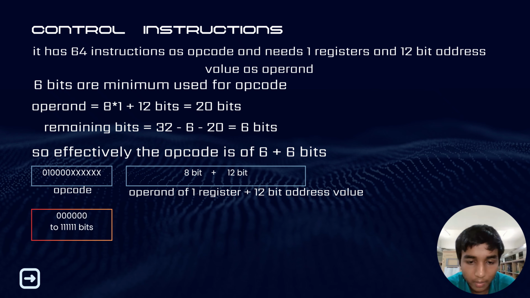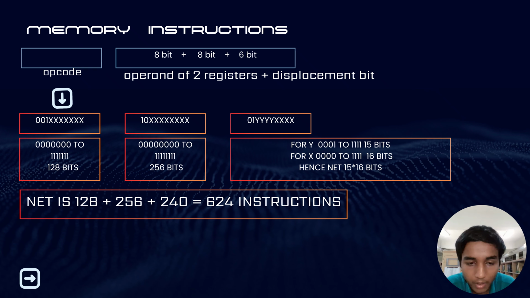000000 to 111111, which is 128 instructions, and it is also written in 10XX XX XX XX. Now the X part can be written as 00000000 to 11111111, which is 256 instructions as 2 power 8, and it can also be written as